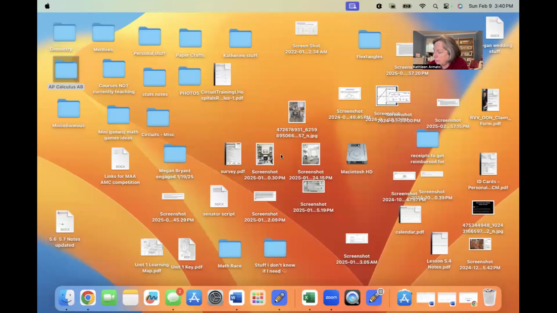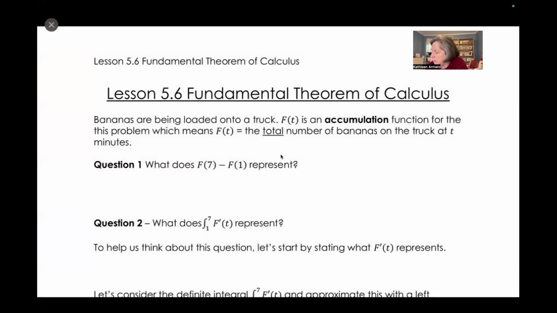Hey everyone, I'm going to walk you through lesson 5.6, and the first thing I need to do is share my screen. All right,